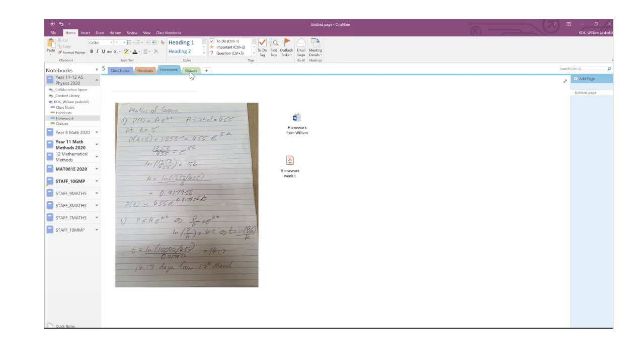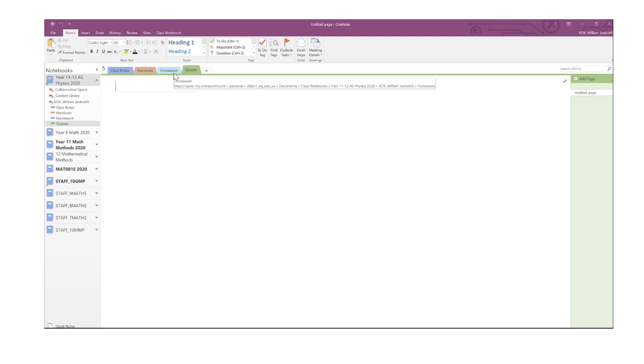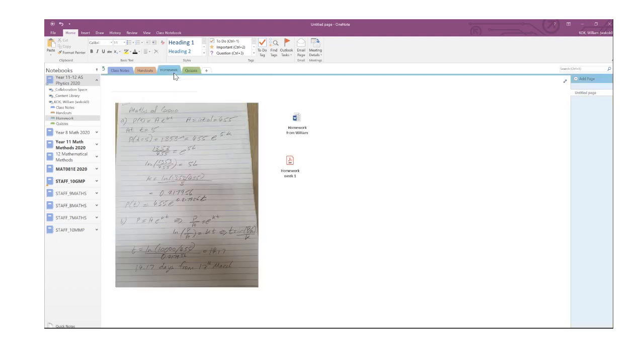And the last tab is quizzes. Sometimes your teacher might set you some quizzes to do. Again, it depends on the teacher. So the most important thing to take away is this is the place where you are going to share your work with your teacher. Your classmates can't see your work. But before I put anything on here, I need to be very careful. This is something that I want to put on there, because whatever I put on there, my teacher can see it. So, just to recap,